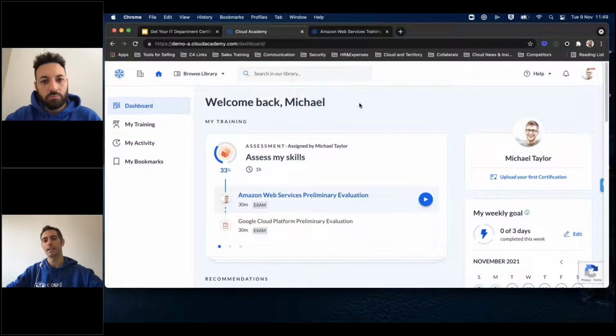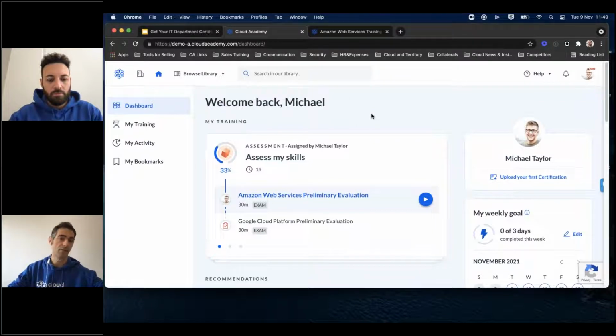So what you see here is the end user dashboard of this guy. It's called Michael. Michael is the administrator and also the student of Acme Corporation. If you're not new to Cloud Academy and you have maybe already used the platform as an individual user, you might not recognize this dashboard, which is actually something new that we just revamped this week. It's a new layout that we introduced this week.